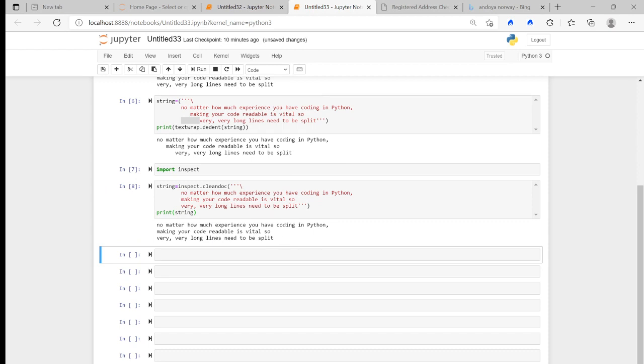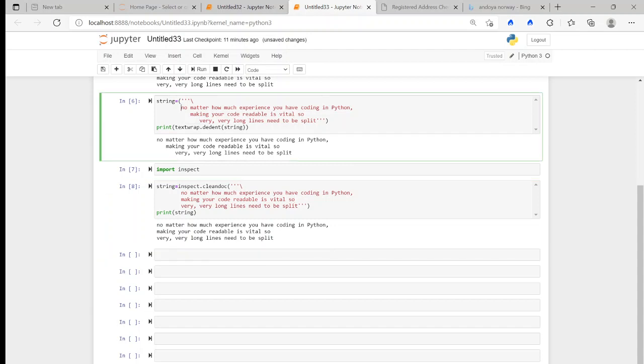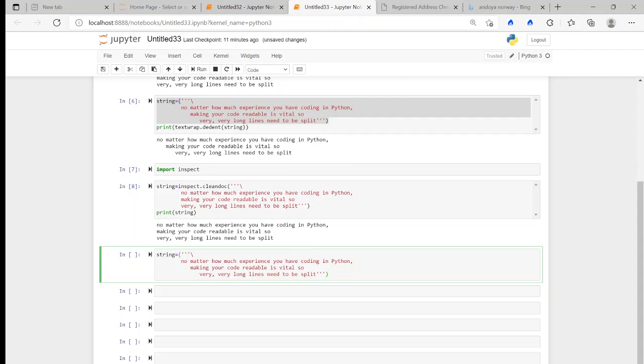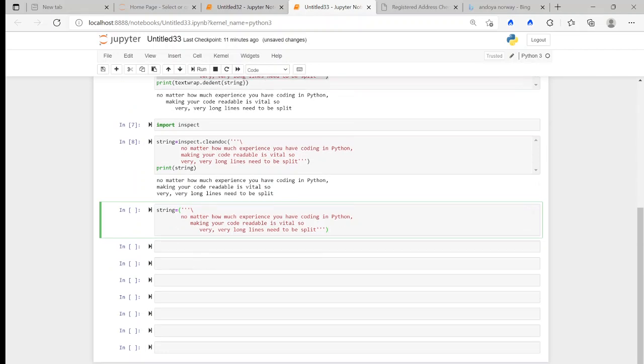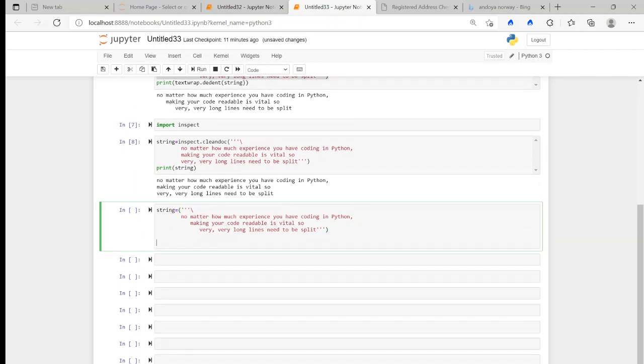So there we go. Again, what it's done is taken out the white space, and it's aligned everything to the left. But again, this is common white space. So let's have a look what happens if we do what we did with the text wrap and we actually use uneven white space. So what the inspect cleandoc function should do is it should actually align everything, rather than